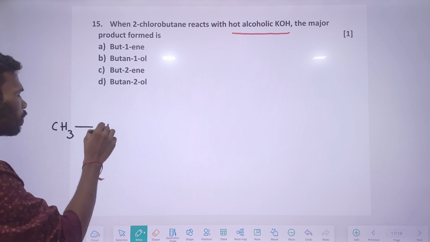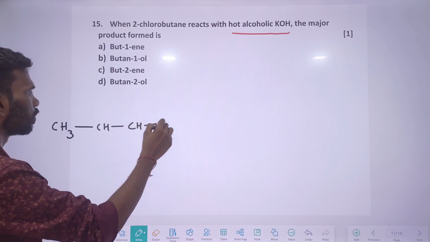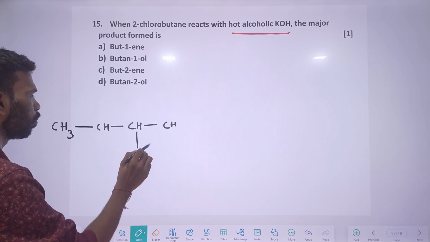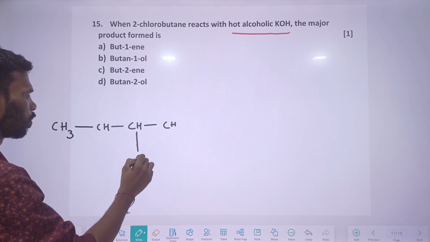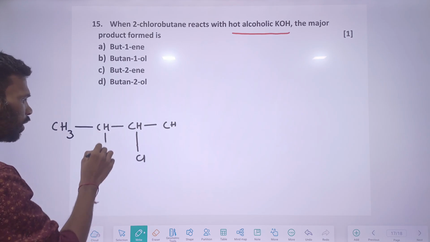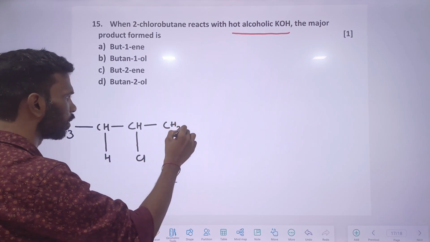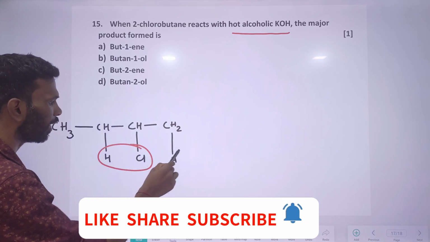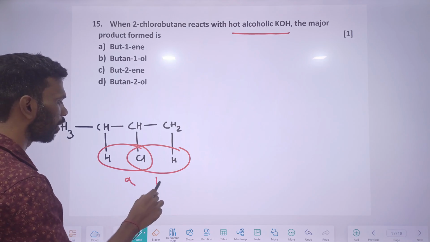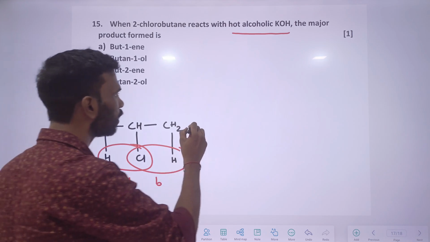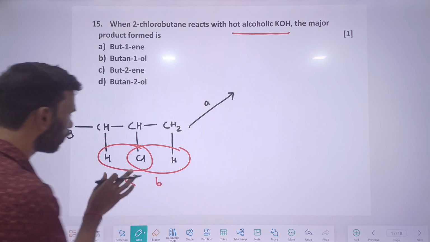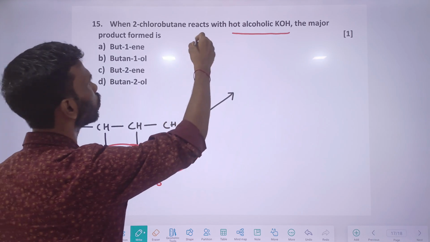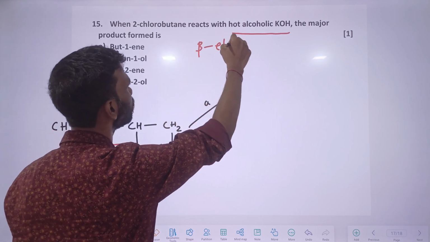CH3, CH. This is 2-chlorobutane. I'll show this CH2, one hydrogen over here, and this CH3 has one hydrogen over here. Elimination: either you can remove this set or you can remove this set, A or B, right? So if it is going via A, means you are removing this first set of the HCl, that is beta elimination. This reaction is also known as a beta elimination,